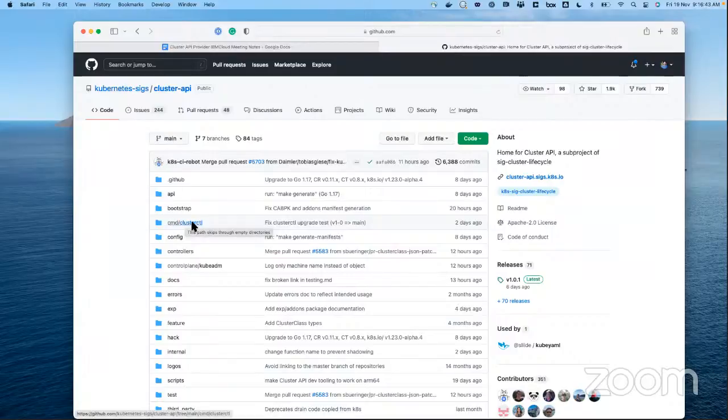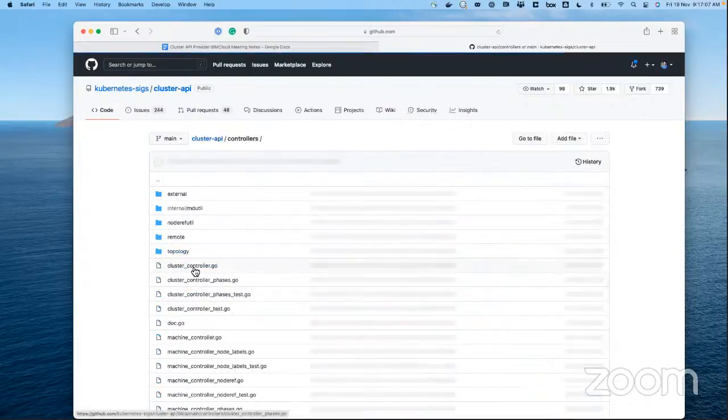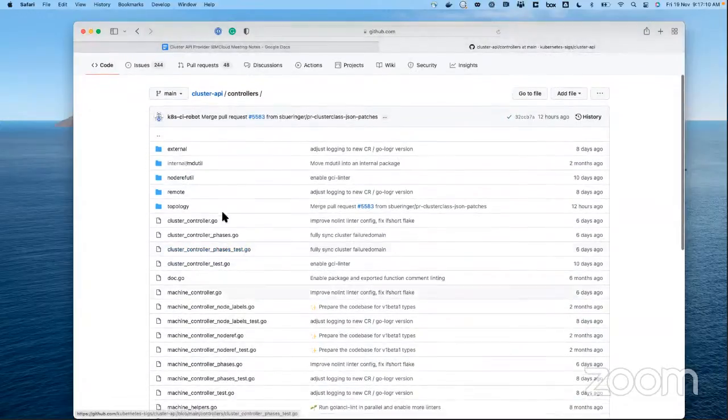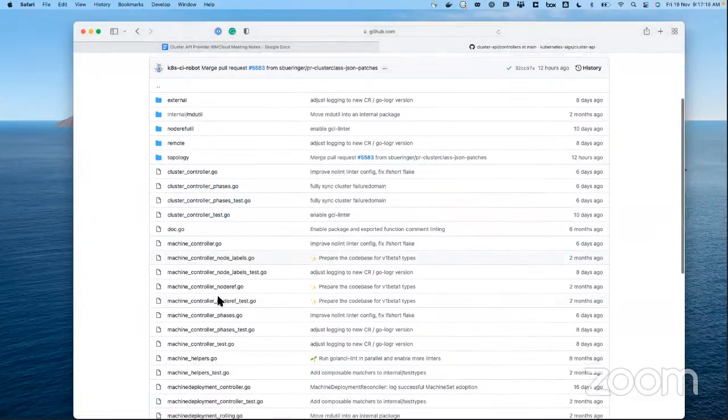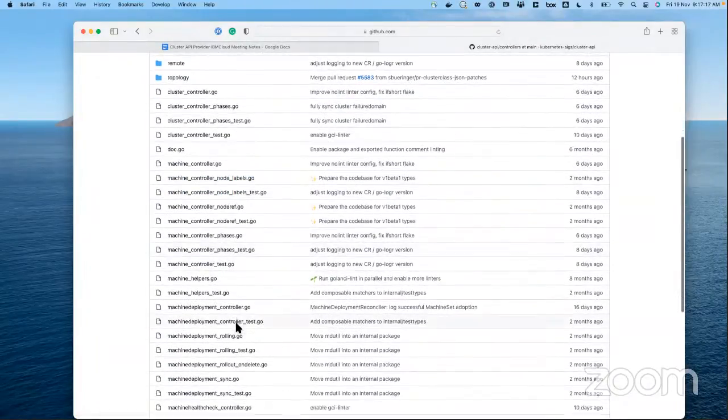For example, let's say you use the kubeadm command for creating clusters. Someone needs to generate the kubeadm configurations and startup scripts and whatnot, right? All that bootstrapping and all those scripts will be taken care of in the management cluster. Some of those controllers are here. You can see multiple controllers, like clusters. What really happens when you create a cluster resource? Then the machine controller you can see here, and machine deployment, of course.